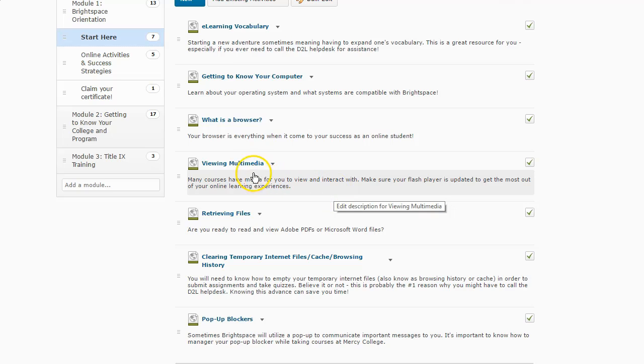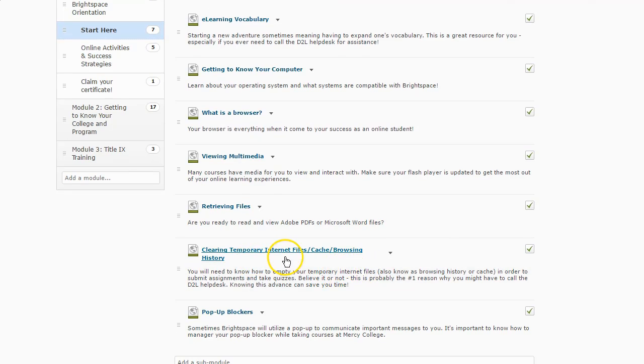So we're going to have you view some multimedia. We're going to have you retrieve some files, and make sure that you're good with PDFs and Microsoft Word. Make sure that you understand in this section about clearing your cache and other browsing history, which can interfere with some functions within Brightspace. Somewhat rare, but if you do have any issues, that's usually the first thing you'll want to do,